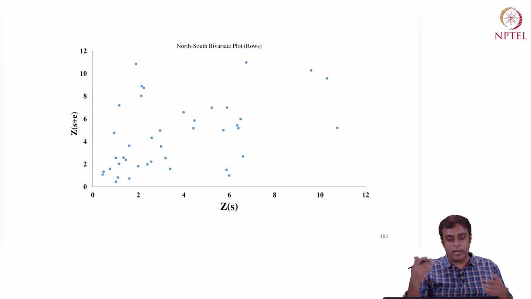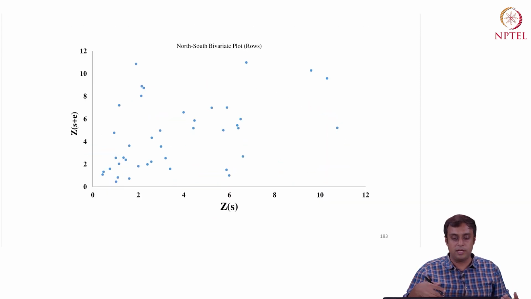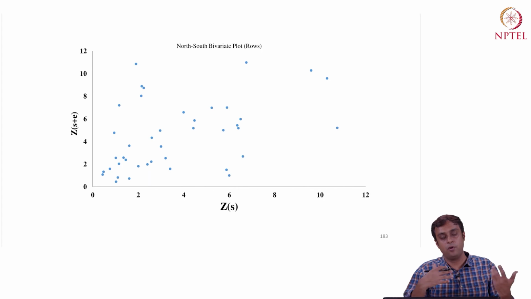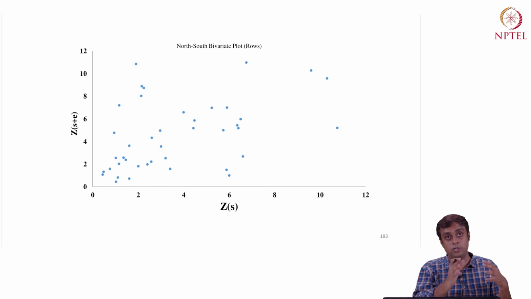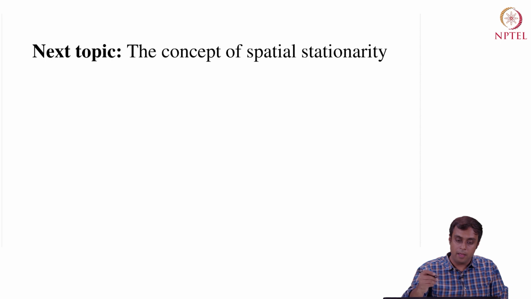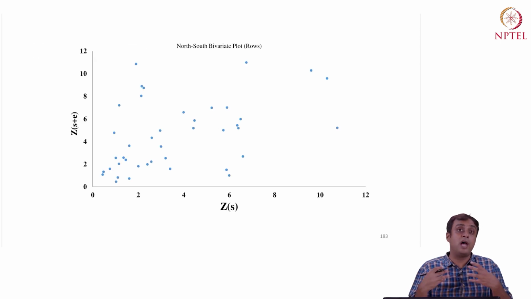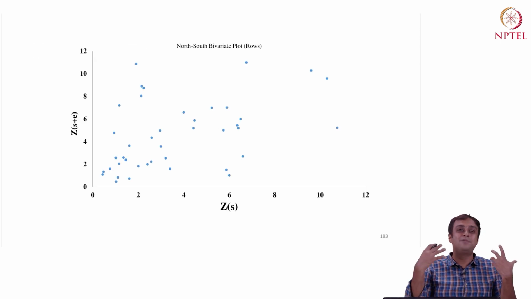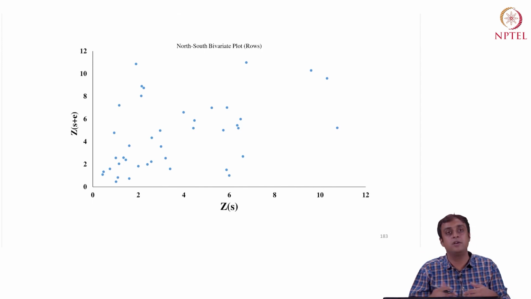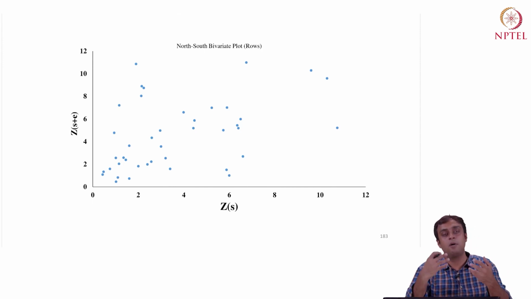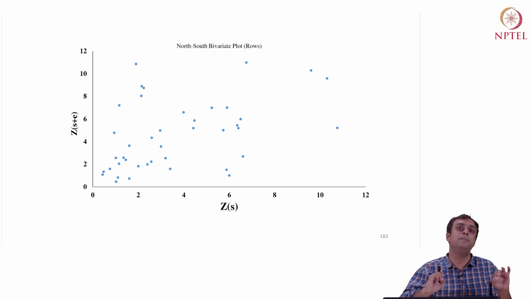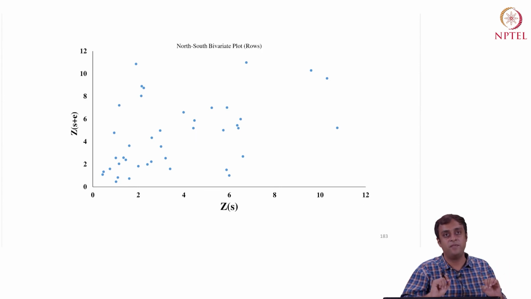So the previous one was west to east, and this one is north to south. Sorry, I gave you a different understanding earlier. The previous one was west to east and not north to south, but this one is north to south. So that's about it. I've not really given you the outlier values. I'm still leaving it up to you to figure it out by yourself and complete this process and come up with the candidate outlier values that you should be worried about when you report the mean of this data, the variance of this data, the standard deviation of this data, and so forth.